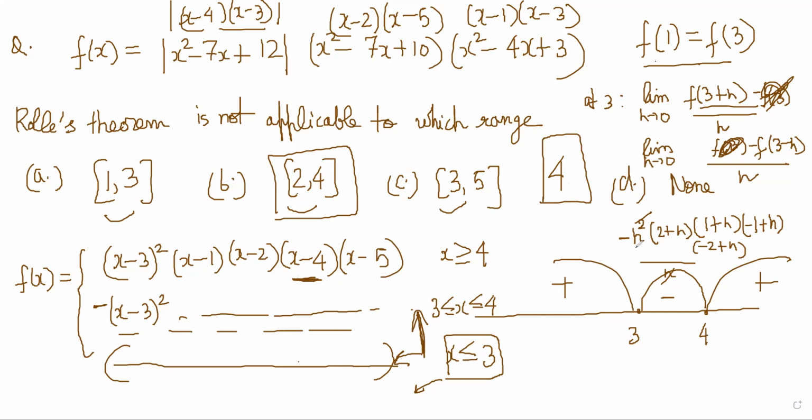The reason it was becoming differentiable was there's h here which became 0, right? But there is only one factor, no? If you put 4 plus h, there will be h here, but for less than 4, it will be minus h here. So the answers will differ, the limit when you do 4 plus h and 4 minus h. At 4, there is only one factor, so it doesn't become 0. So it is not differentiable at 4. So Rolle's theorem cannot apply on this one. Rolle's theorem condition says that it should be differentiable in the interior and continuous at every point. You understand?